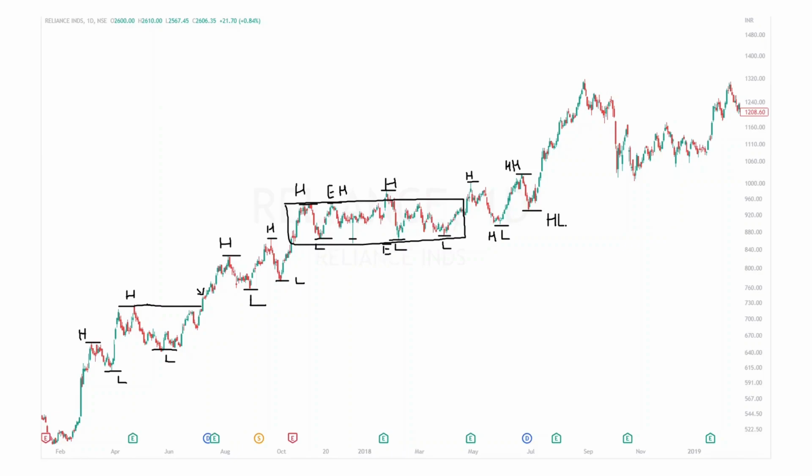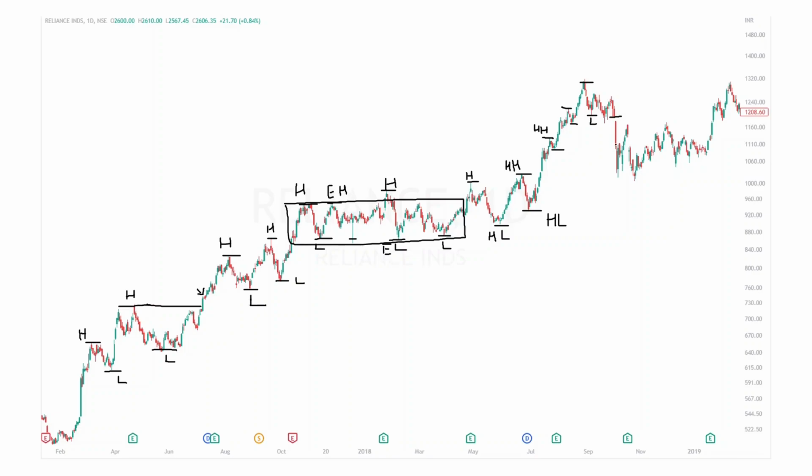So this is a higher low and then price moved up. We can mark somewhere here higher high, higher low, and then higher high, higher low, higher high, higher low,